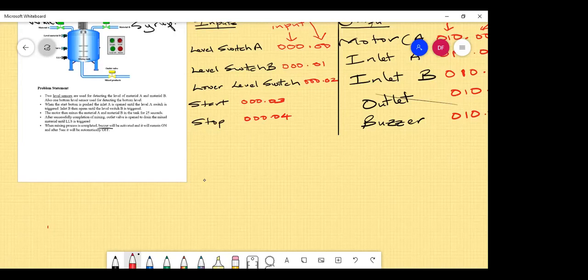when they went to the plant and went inside, the PLCs were in one room, the panel room, and everything that was connected to them was all over the place, in different parts of the plant. And there was no documentation to say that level switch A is connected to 000.00. So they had to trace the wires back to the panel. Take the wire from level switch A and go back to the panel, follow it through and see which part it is connected to, which is a very bad practice,